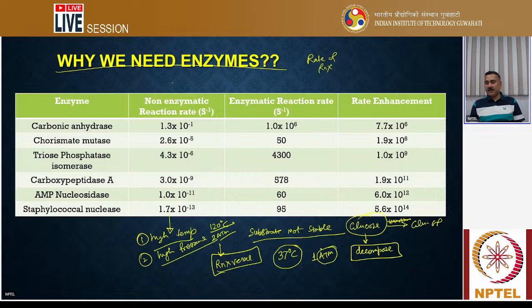So these are the limitations, and under these limitations, the only way you can enhance the rate of reaction is to have the enzyme in the reactions. That is the easy way of doing it, and that's why the biological system has adopted different types of enzymes for converting one substrate to another substrate, or one substrate into another product, and so on.